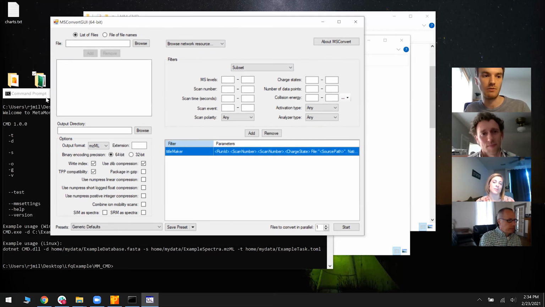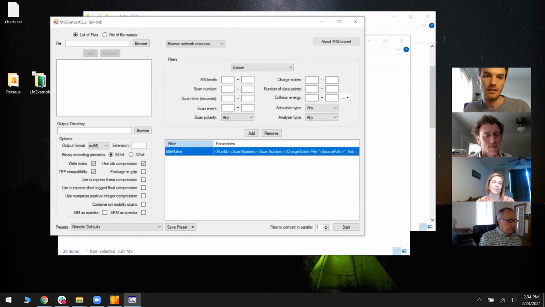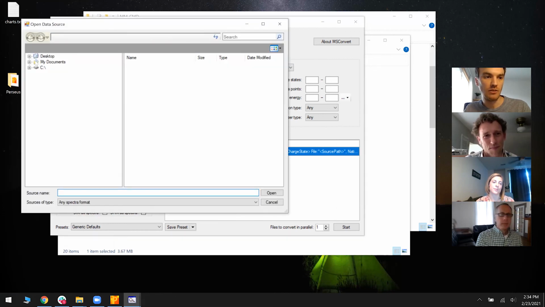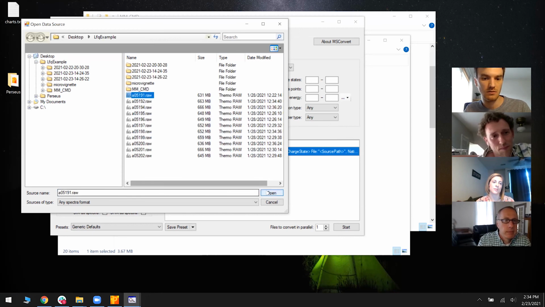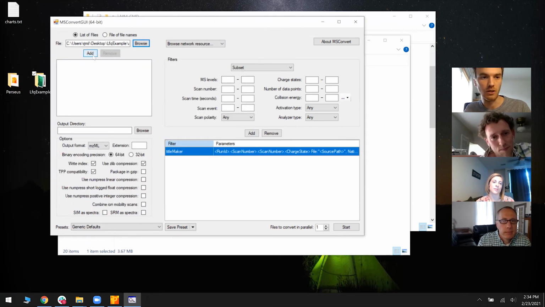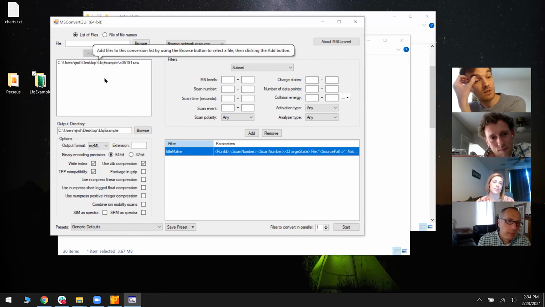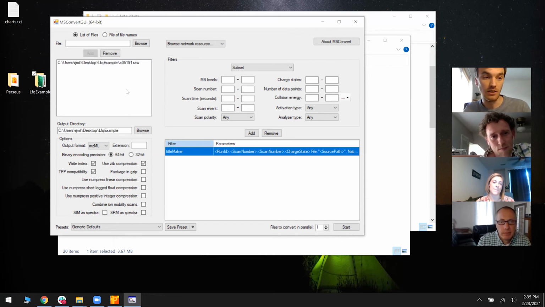So I've run MSConvert here, and then you can just browse for a spectra file. So I'll find one of these raw files. So it's in Thermo raw file format. You click Add. So it's in the queue to change. So the only thing you really have to do to get a MetaMorpheus-compatible mzML is to